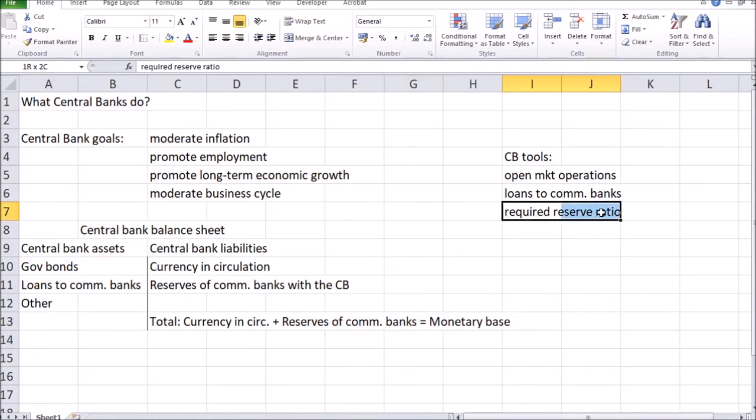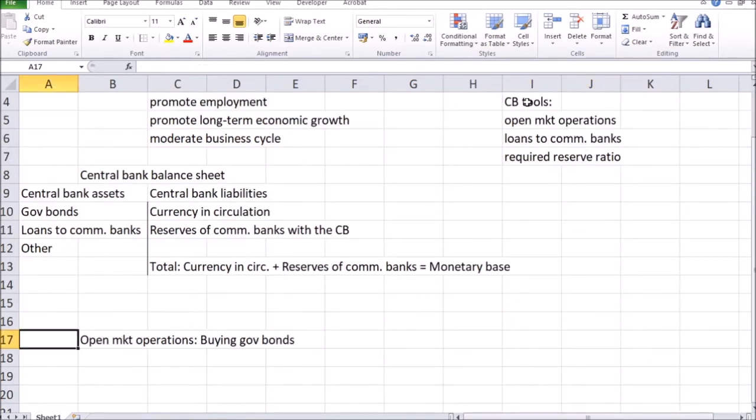And if this requirement is increased, meaning that commercial banks have to keep more of the deposits as the reserve with the central bank, it will reduce the commercial banks' ability to provide loans out of those deposits that the general public brings into the commercial banks. That will also generally reduce liquidity in the economy, reduce money supply, and vice versa. Reducing this requirement, reducing the required reserve ratio, generally loosens the liquidity, increasing the money supply.